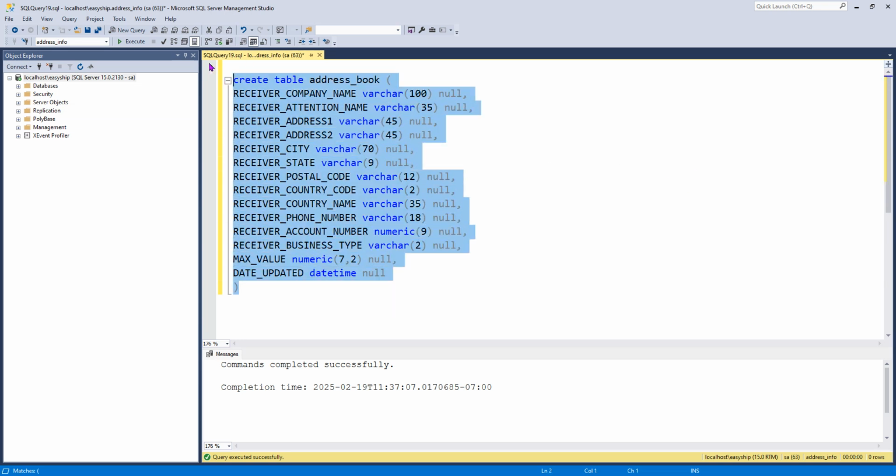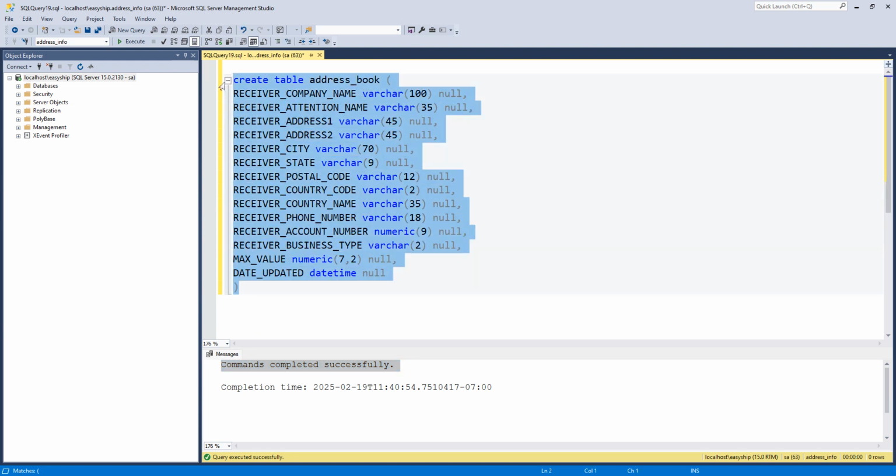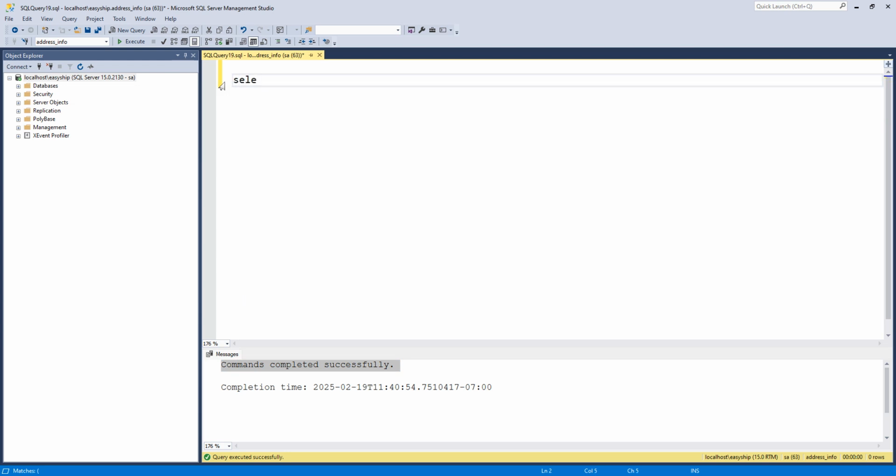So we're going to highlight this, click on execute. Command has executed successfully. So now we just created our table. So let's just test it and run a query. So we're going to say select and then asterisk, which calls all of the column names. We're going to say from address